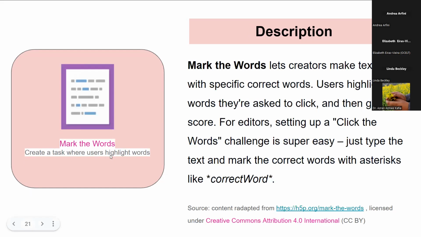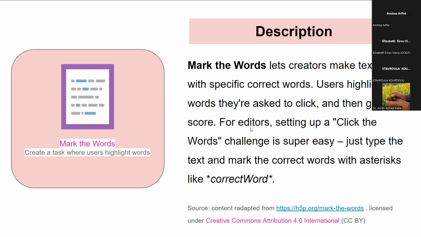The next slide is mark the words. Again, this could be as simple as mark the word that you hear if you're doing a listening, like which verb did you hear, which preposition did you hear. I'm just thinking lower levels, like it could be used for skill building activities, even for a test. But remember that this week we will focus on text-based.